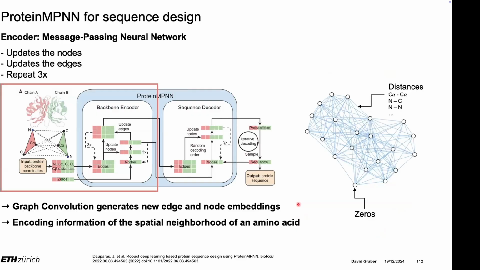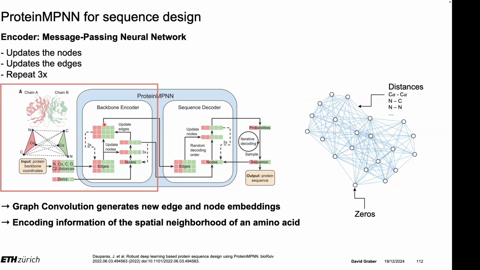for the second part of the model. So this is basically what I've just explained. You have this GNN setup where you take your edge features, the distances, and the node features, which are these zeros at the beginning. And then you have this alternating sequence of edge and node updates. So they first make a node update with an information flow from the edges, and then they update also the edge features with an information flow of the node features, and this is repeated 3 times. So this graph convolution generates new edge and node embeddings, and these should encode some information about the spatial neighborhood